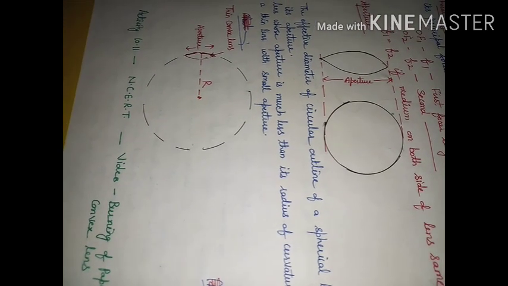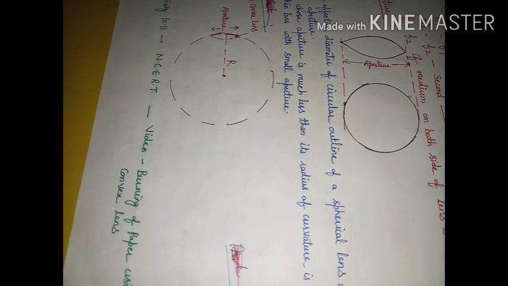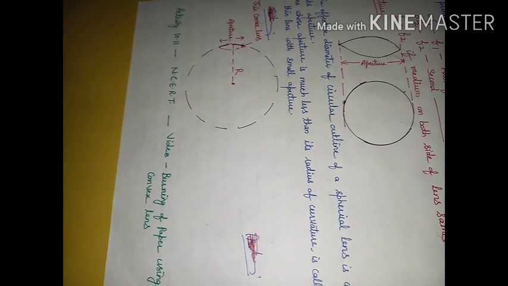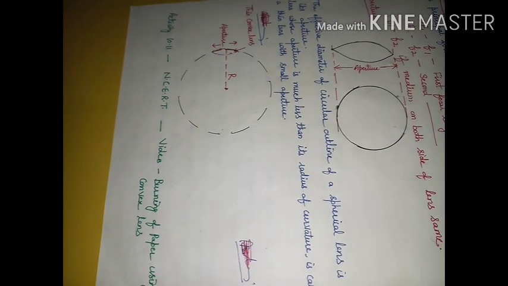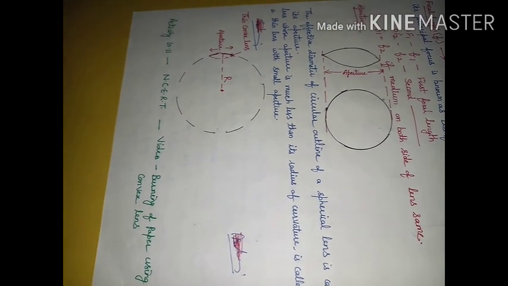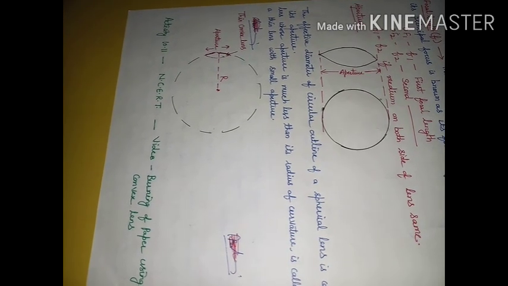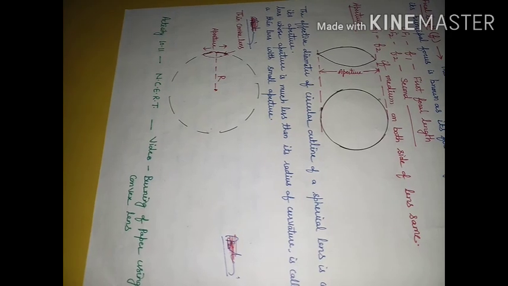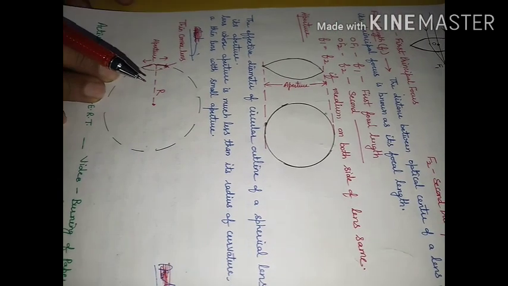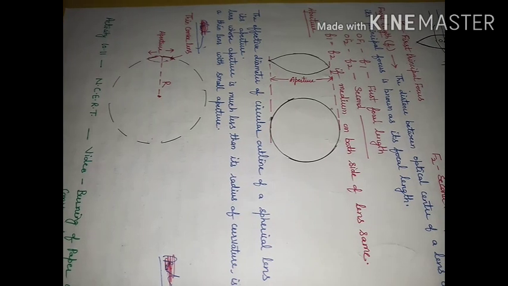And in your NCERT, one activity is given where you focus all the rays coming from the sun, and then you will be able to get a real image of the sun, and this focusing is responsible for burning of paper or a dry leaf. So this is one activity I have done, and this I will also share with you. I will give the link in that video. So do all these terms very carefully, prepare well, and if you are interested in the activity, then you can do that activity also.